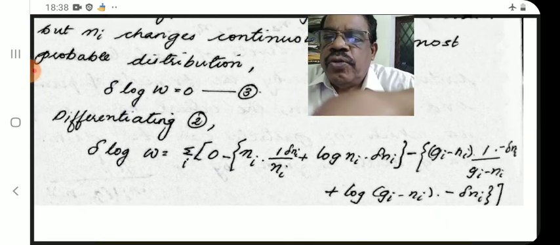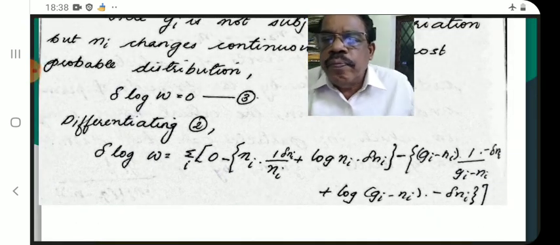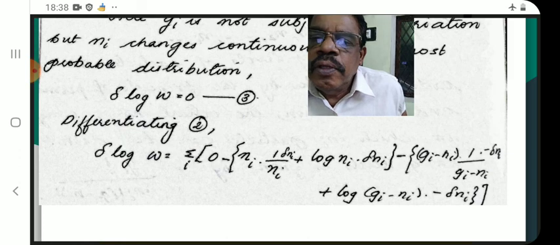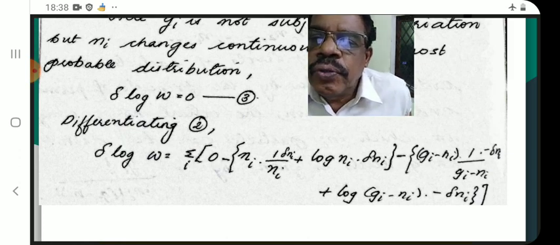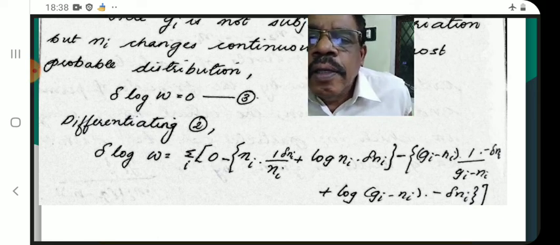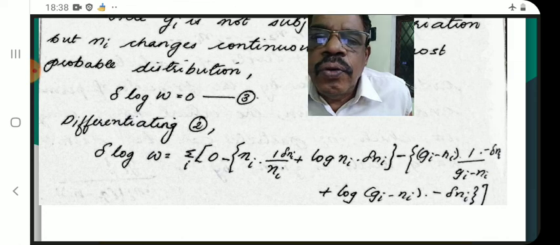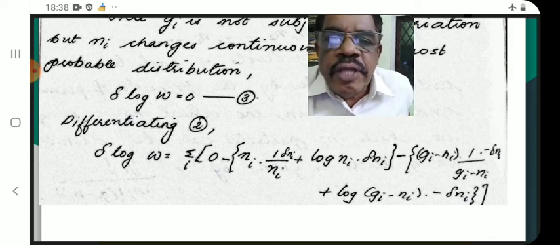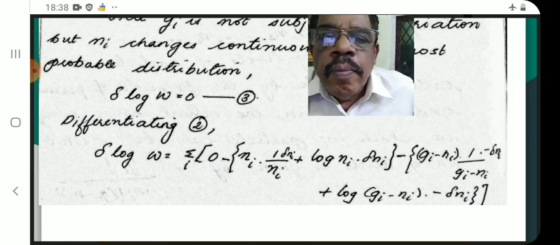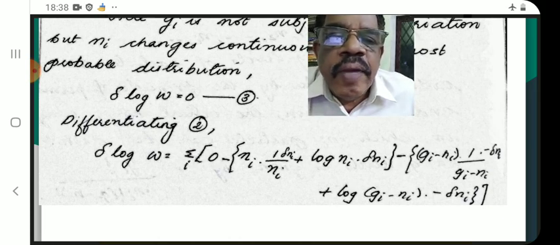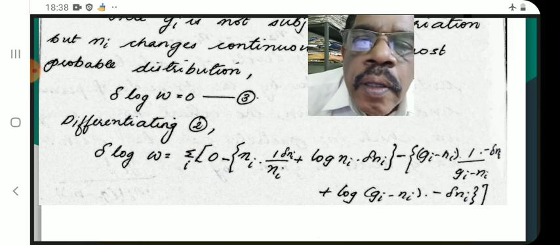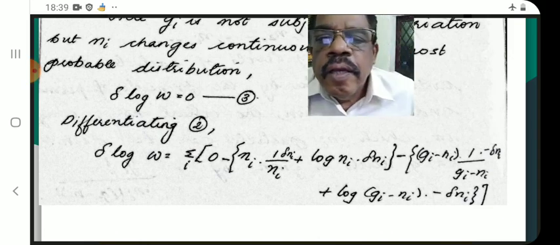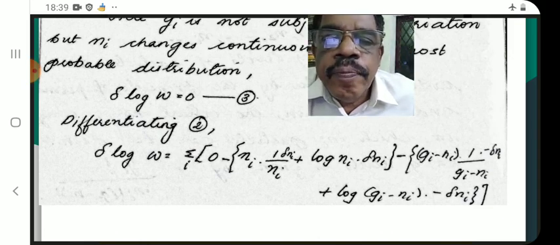Delta log W is equal to sigma i, Gi log Gi, the derivative is 0. And inside the bracket we write Ni into, applying the product formula, Ni into 1 by Ni delta Ni plus log Ni delta Ni. We apply the product formula for the first term, then for the second term: minus (Gi minus Ni) into 1 by (Gi minus Ni) delta Ni plus log (Gi minus Ni)